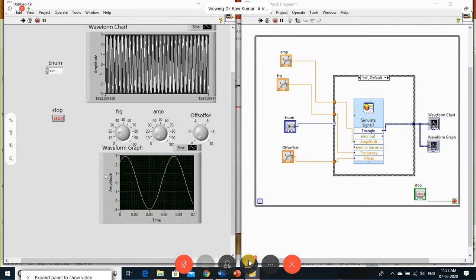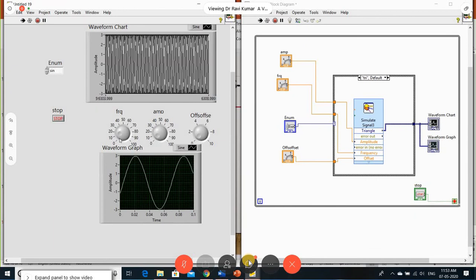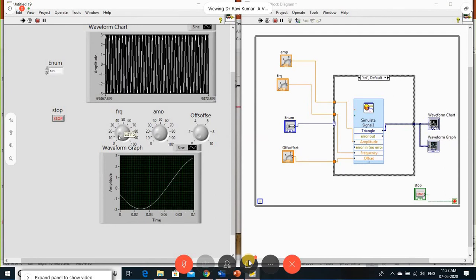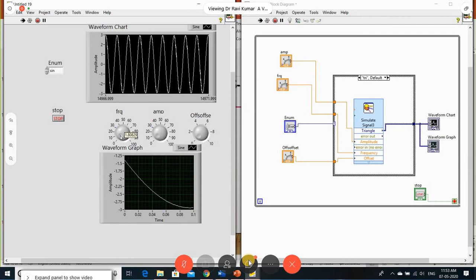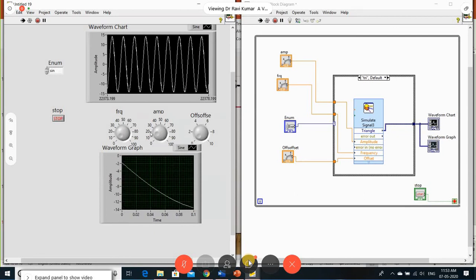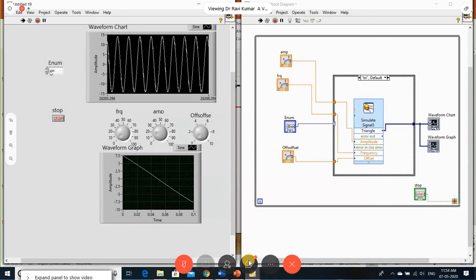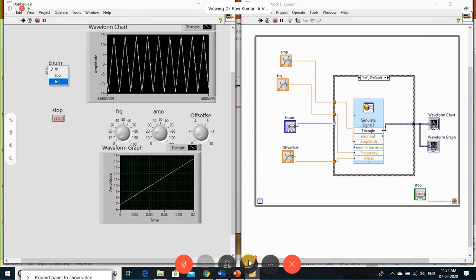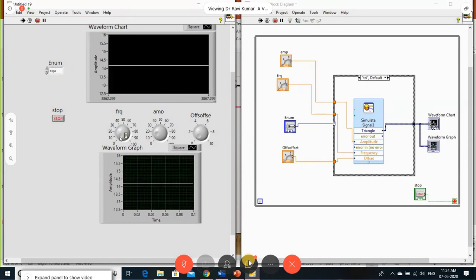So now we can see that instead of the chart, because it is a continuous wave, here with respect to your amplitude, now we can see that amplitude. Now I'm getting a sine wave. Okay. So now I change to the triangular wave. So the triangular wave is changing. So whatever wave we want, square wave, we can change the square wave.